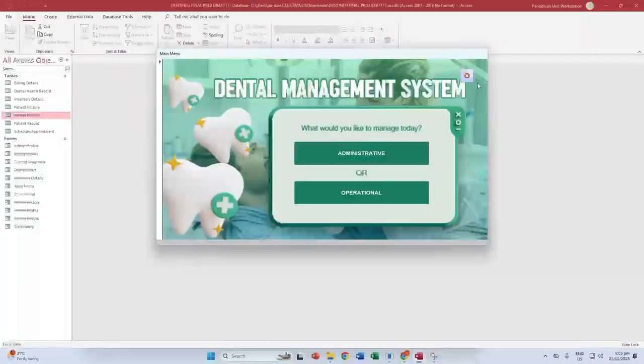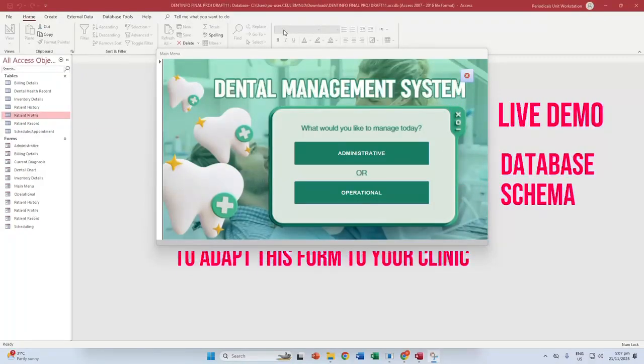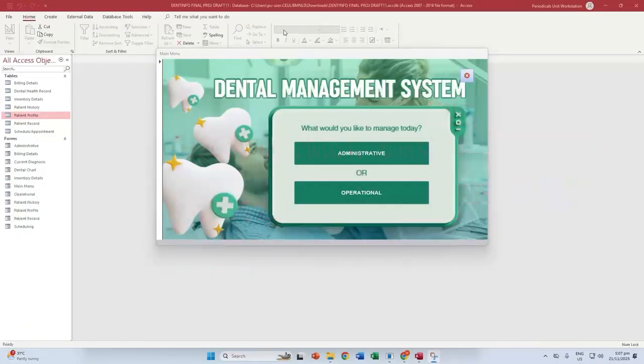So, that's it for the Access to Success tour of the Dental Management System. For a live demo, database schema, or to adapt this form to your clinic, contact us at